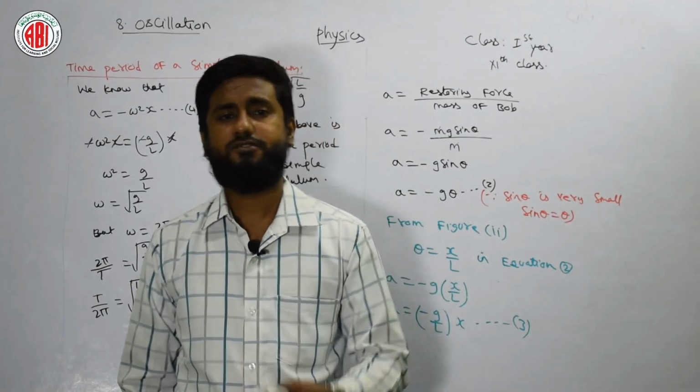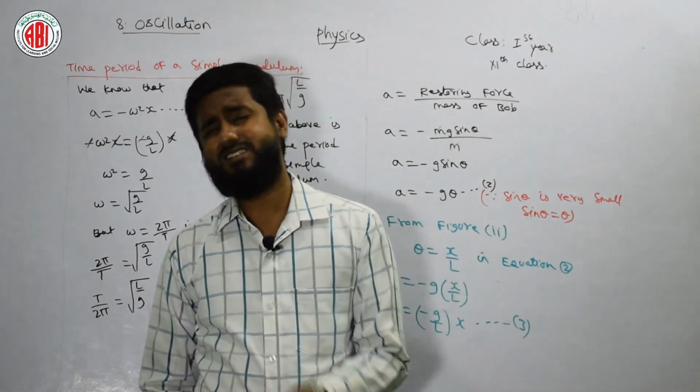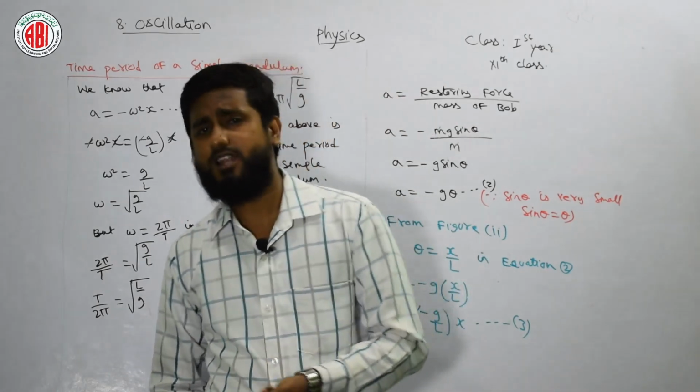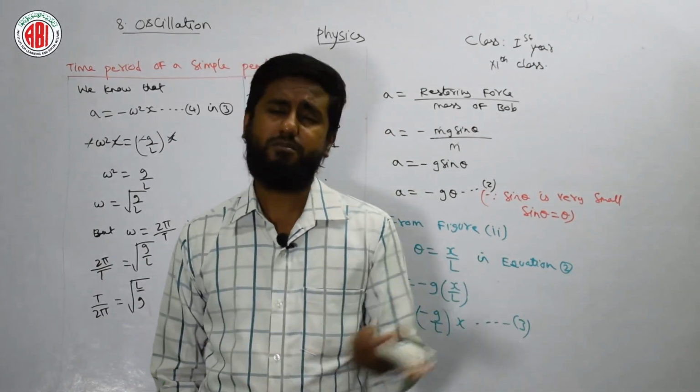Hope you have seen the definition of the second pendulum also, and this is very easy. We can say a simple pendulum whose time period of oscillation is 2 seconds is known as a second pendulum. On earth, the length of the second pendulum is about 1 meter.